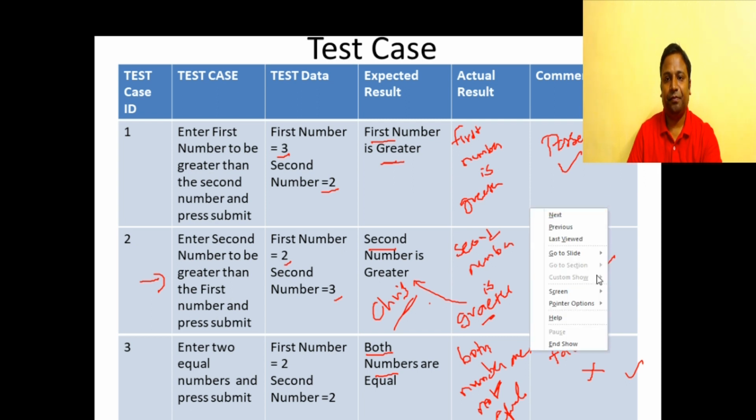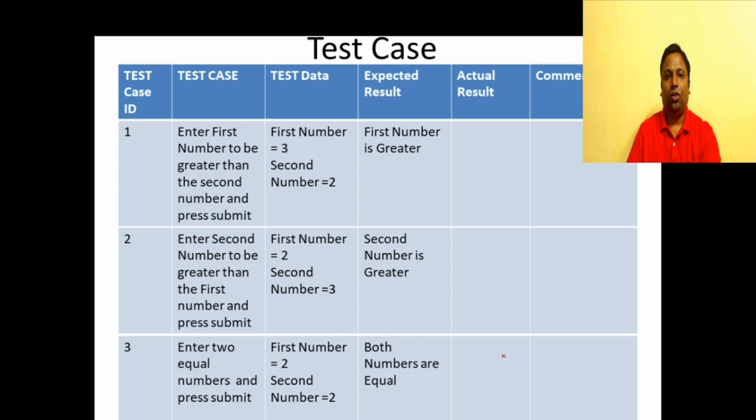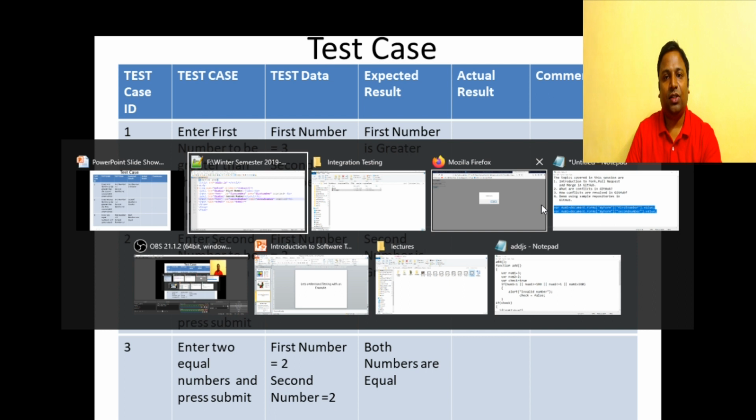So let's clear all the ink on the side. So this is the catch here. When you're running the test cases, you have to run all the test cases again. Not only the test cases that have failed, even the test cases that have been passed should also be run to test whether the changes have impacted any part of your system. So let's go and test our system again.